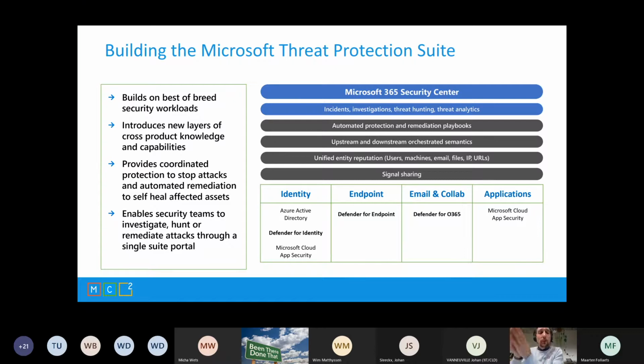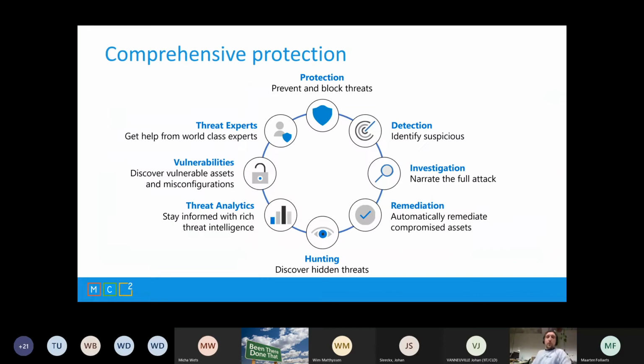What can we do? Of course, we can trigger incidents. We can do investigations, advanced threat hunting. We can consult experts from Microsoft. There are a lot of features there. I'm not going to be tackling them all. Like I said, it's not a deep dive. We're going to be focusing on the high level with some settings that I advise you to implement to keep your organization more secure. What can we do with Defender for Endpoint?